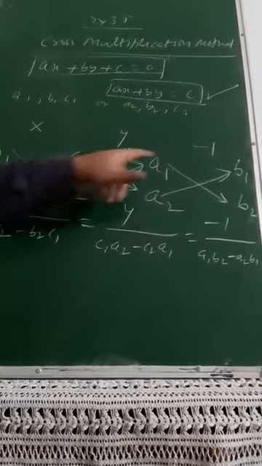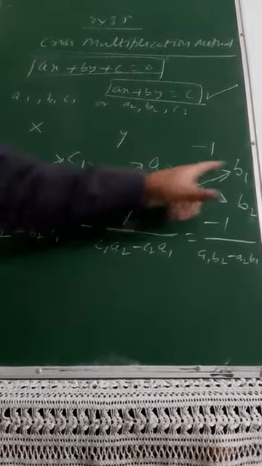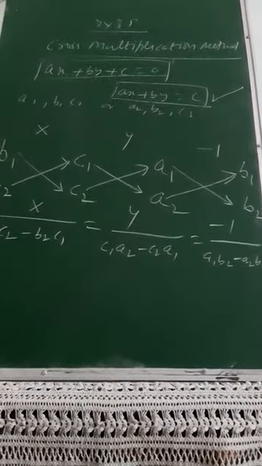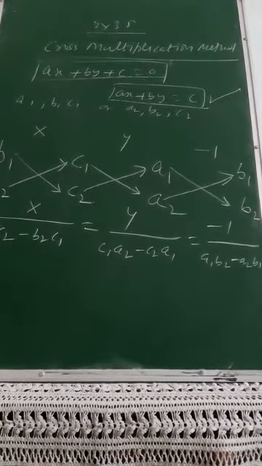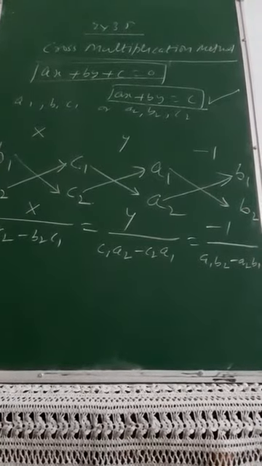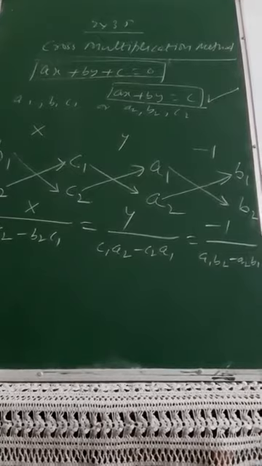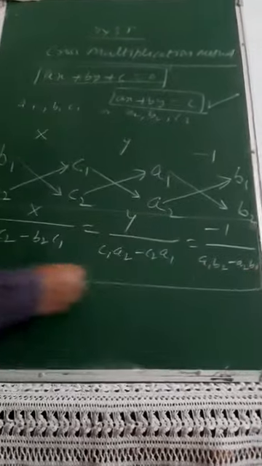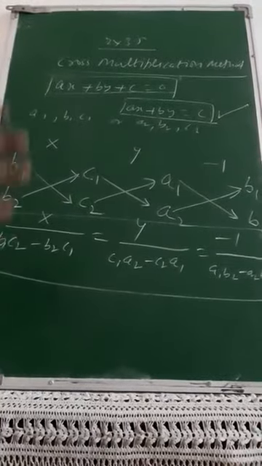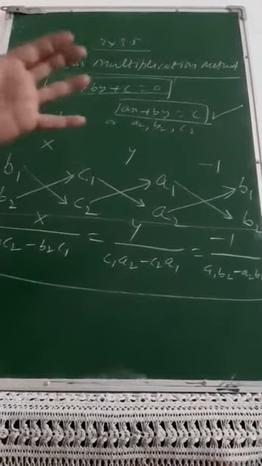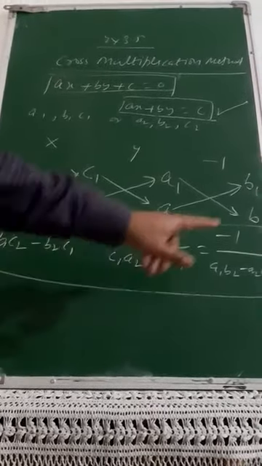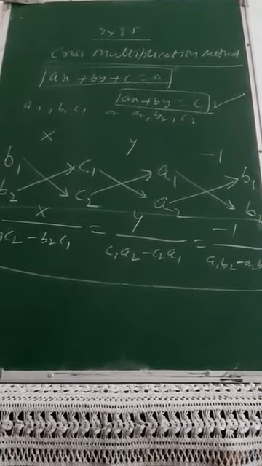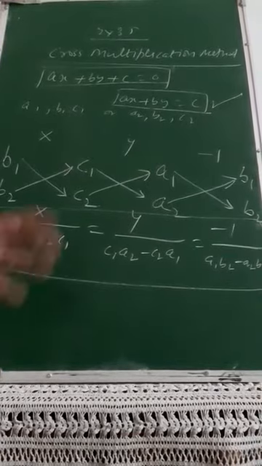Then here also this into this, minus this into this into this, minus this into this. Please be careful about that. That is not going to make any change in your answer. So finally, what you have to do, now this is ready. If you know what is B1, C1, A1 and what is B2, C2, A2, substitute those values here and go for the solution. I hope all of you will be very much clear with your answer.